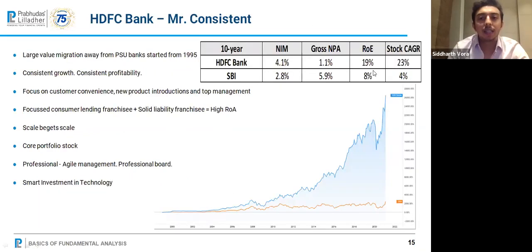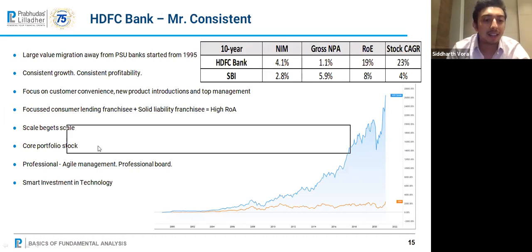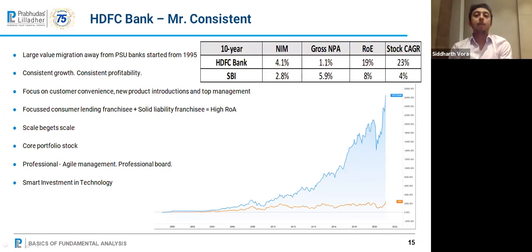HDFC Bank is the next example I'm going to give you. And I've also put SBI along with that so that you understand the difference. ये जो हम क्वालिटी का डिफरेंस बात करते हैं वो है कहां और कहां. How do I come to know what is good quality? Let's look at net interest margin. Maybe it's technical for you all, but net interest margin is बैंक का business model क्या है?